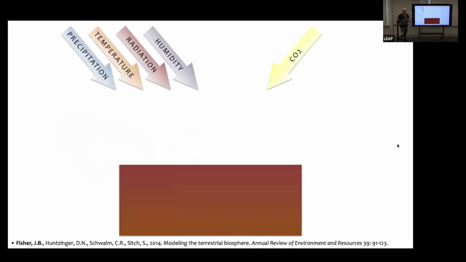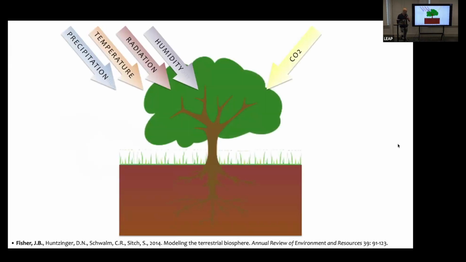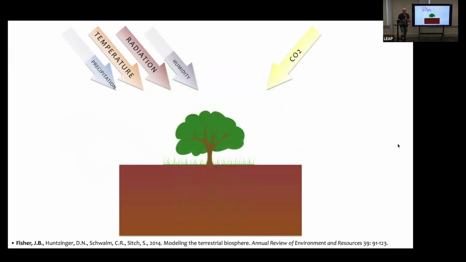So if we think about our climate models, here's our land surface model. There's land. Let's throw some weather at it, maybe some CO2, and up pops an ecosystem. And if you change any of those dials, you change the ecosystem, right? You change the water and carbon and energy cycling. But there are myriad processes wrapped up in this cartoon, right?